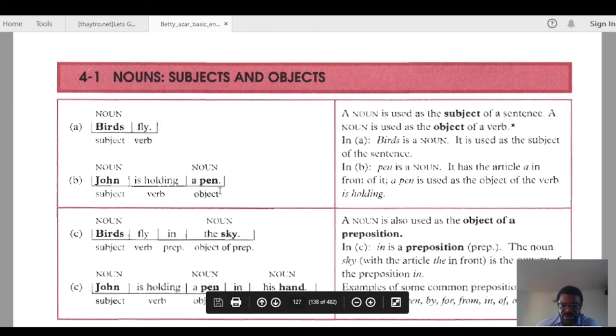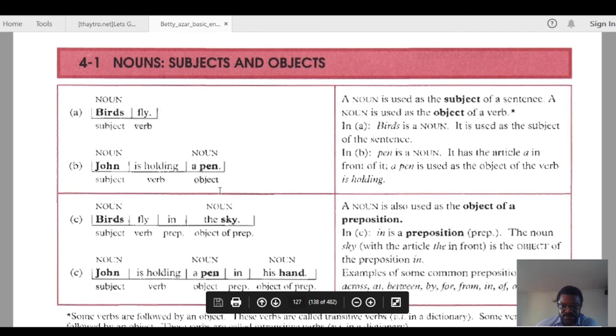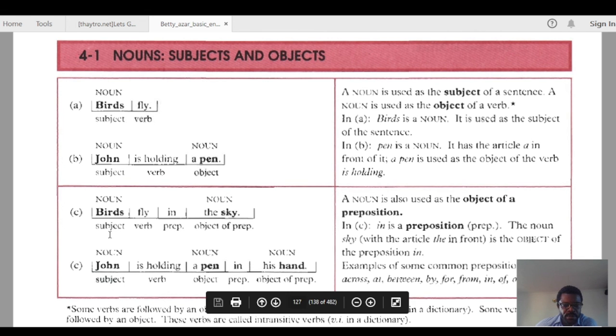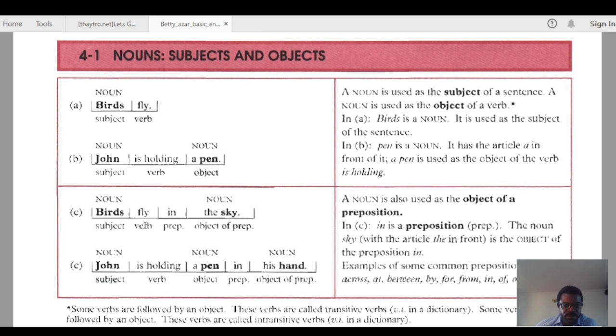The C section says birds fly in the sky. So here you have the subject, you have the verb, you have in, which is the preposition, and the sky is the object of the preposition. All these jargons